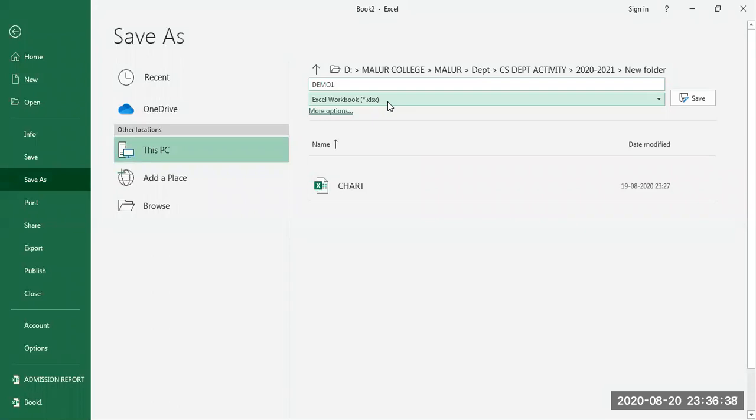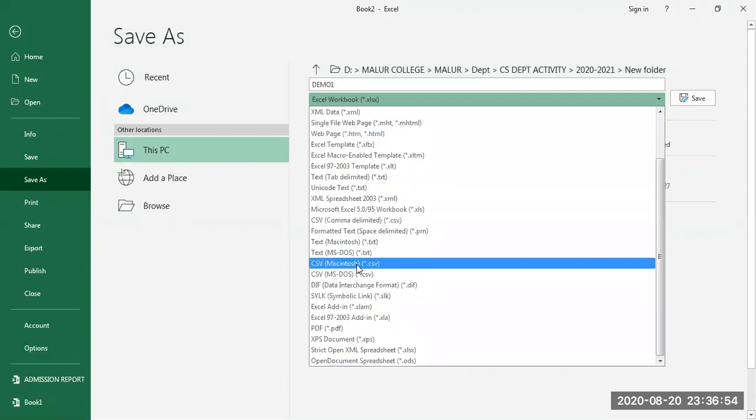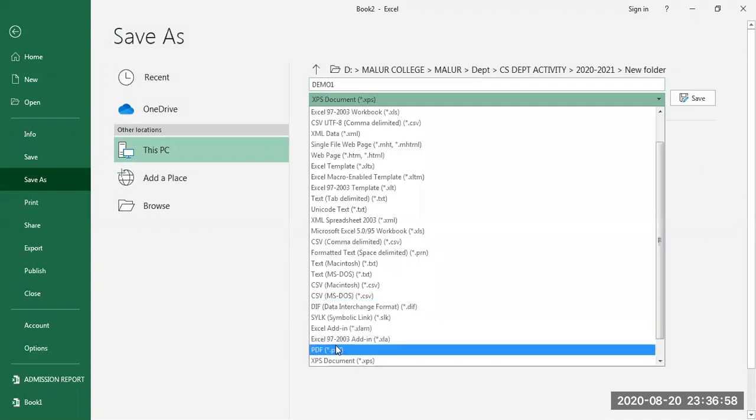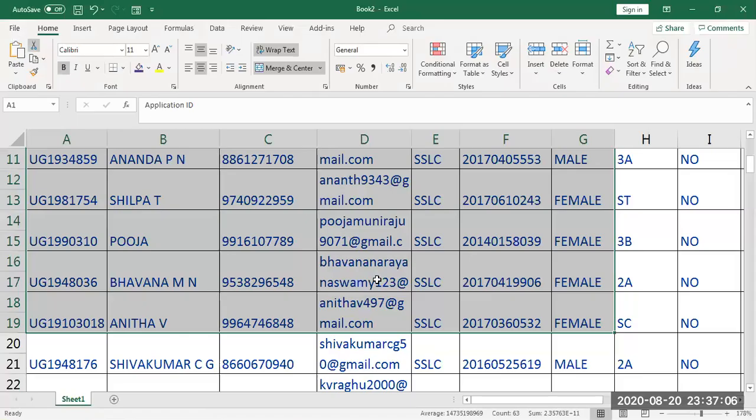Okay, the same Excel file I want to convert to PDF. I have prepared the content. I don't want it to be in Excel, I want it to be in PDF, so use the same file option. Instead of Excel, go down and select the option called PDF. See here, you have an option. If you select PDF and click OK, then choose the location, press save, and your file will be converted to PDF and you can get it.